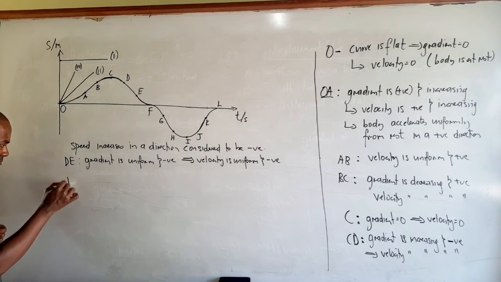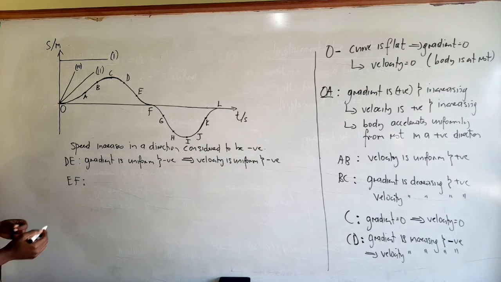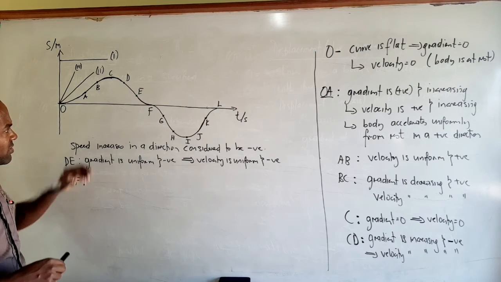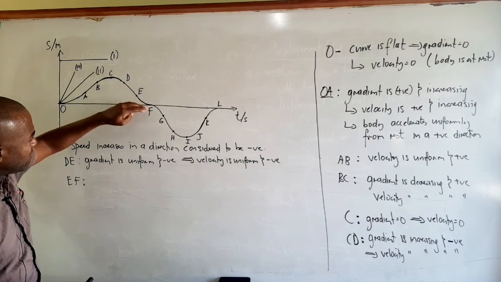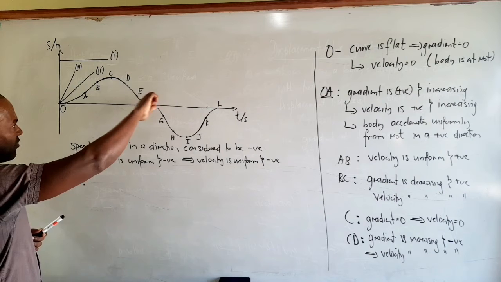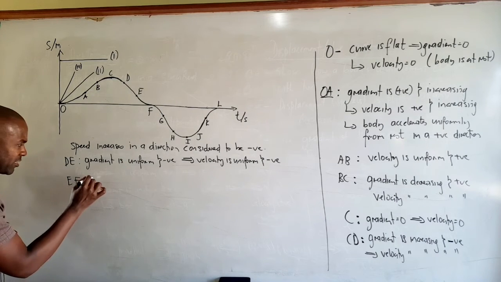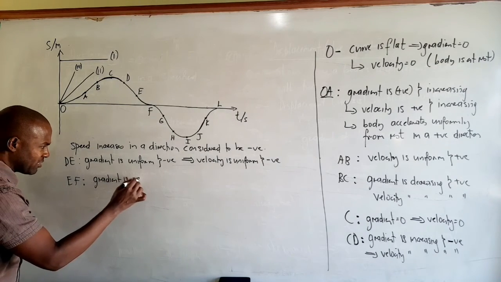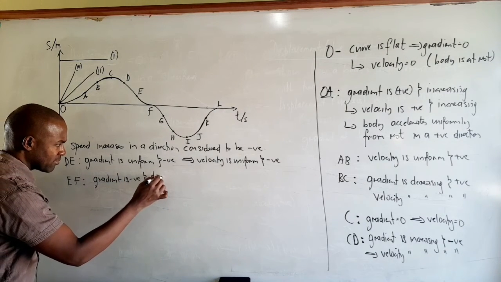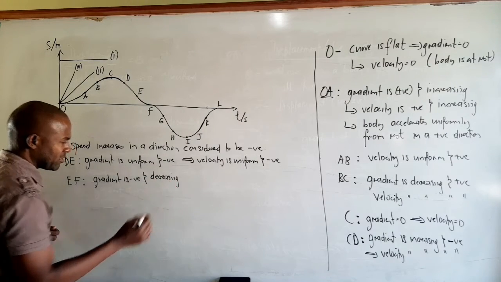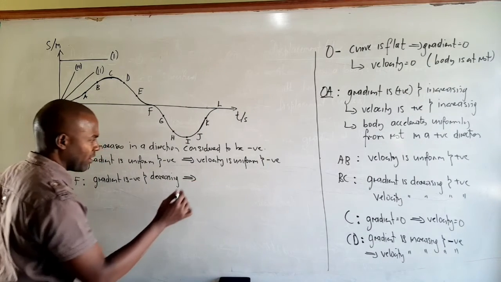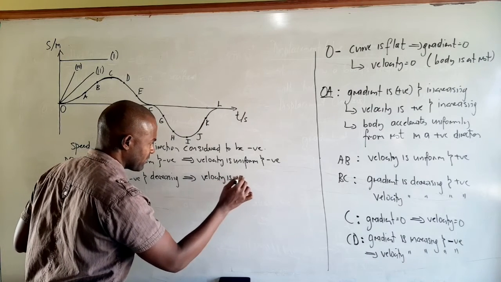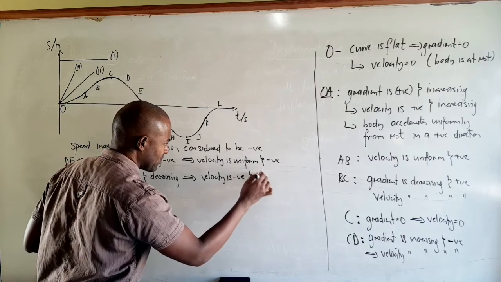Now EF, the gradient will start to decrease, because if you notice, the curve will start to get flattened once more. So the curve starts to flatten, and therefore it means the gradient is decreasing. So gradient is negative and decreasing, right? And this means that the velocity is negative and decreasing,